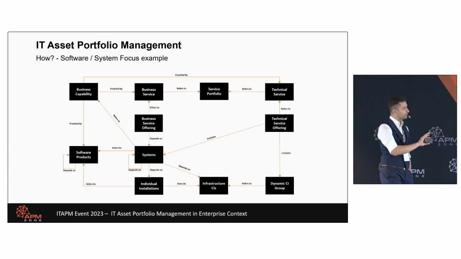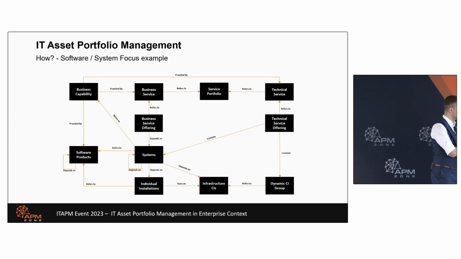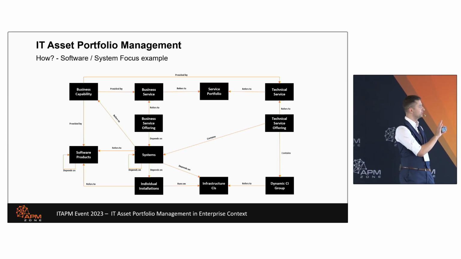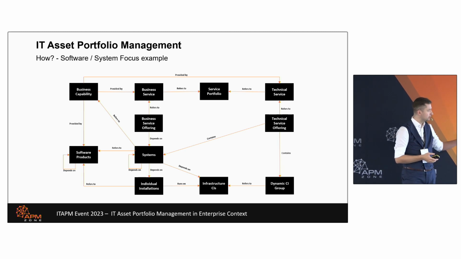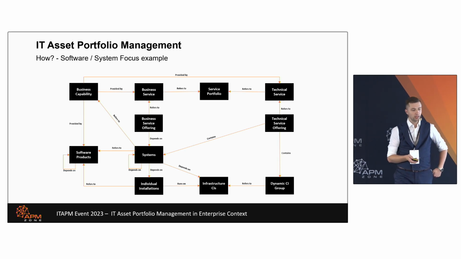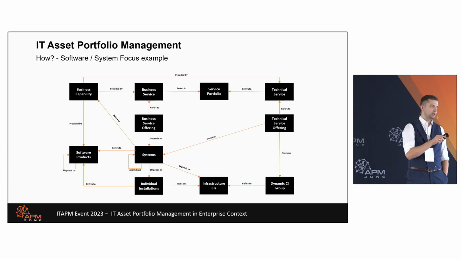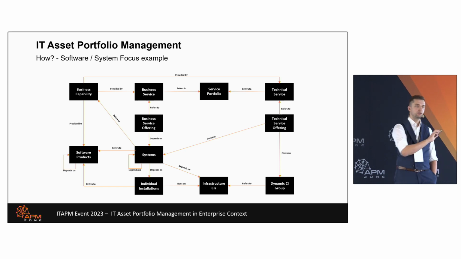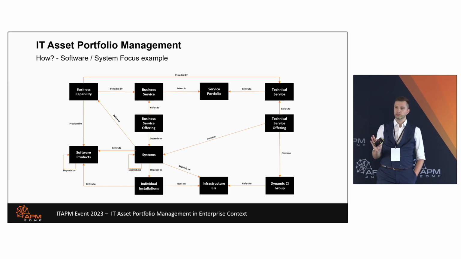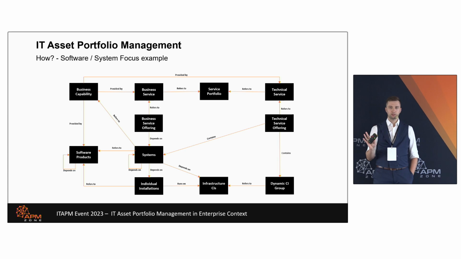And then we have all the rest, you could say. So the infrastructure CIs, the dynamic CI groups, or the technical service offerings, it's a little bit simplified here, but still you have this relation of depends on, runs on. So basically, if this element breaks, then the system doesn't work. This means the service is not working. This means the SLA is impacted. So our client, even though they don't care, they don't see which server it was, for them, the service is not being delivered.